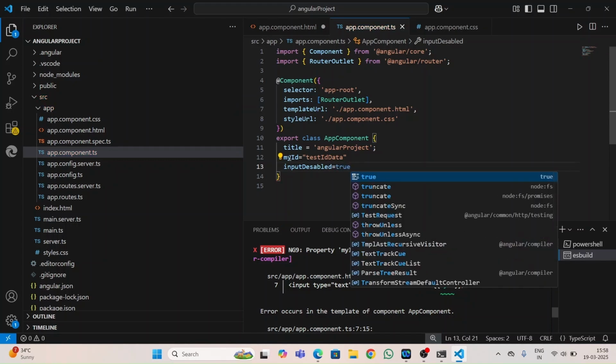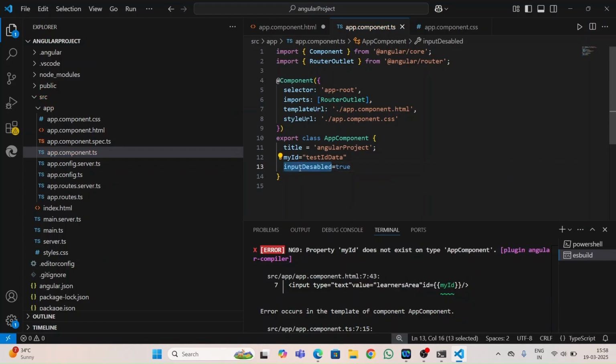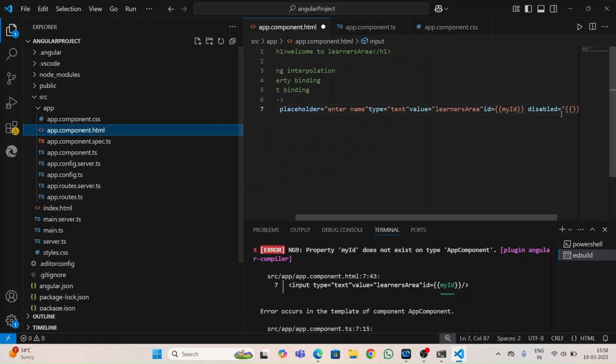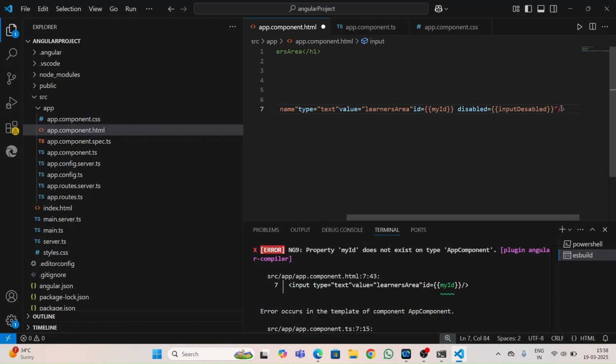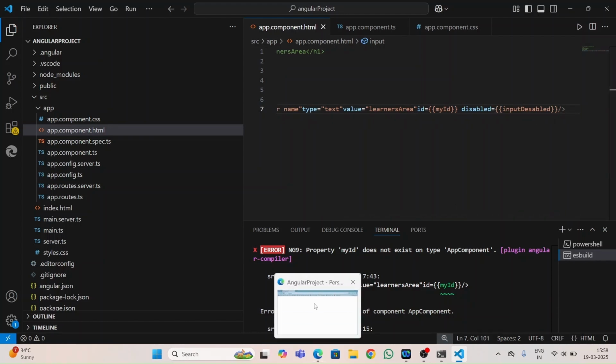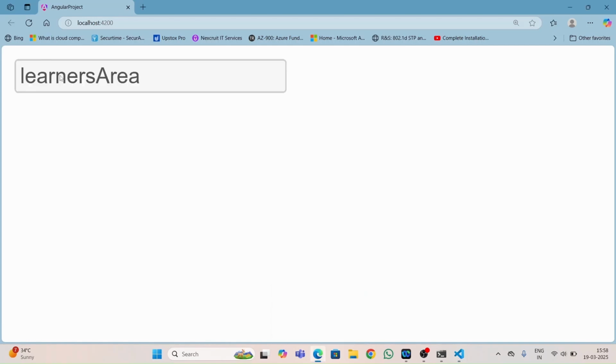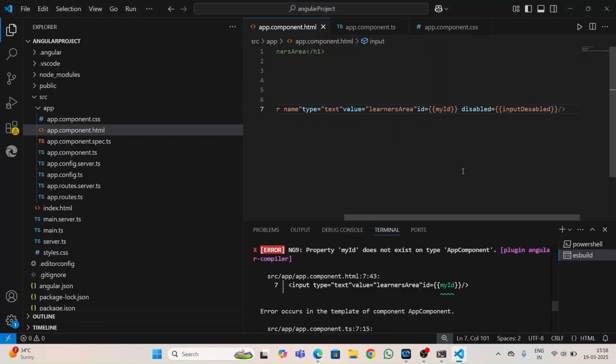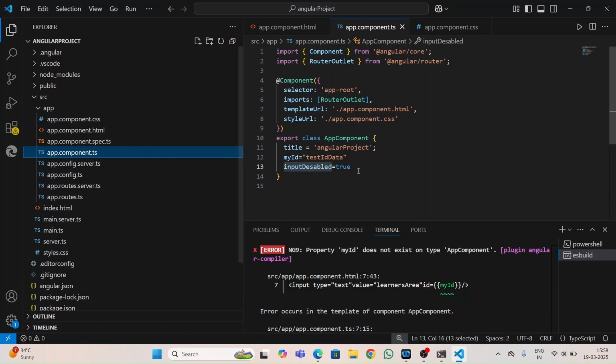If we pass true, it should be disabled. If we pass false, it should be enabled. But see here, true. If I pass false,